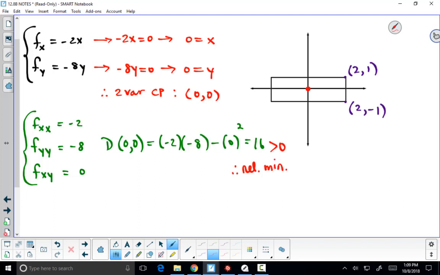So the second partials test, if we have a positive number there, that means that we are dealing with a